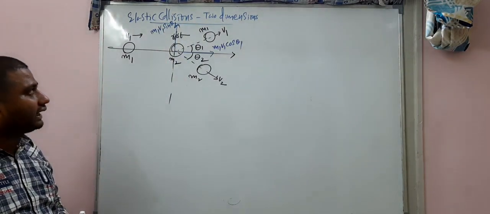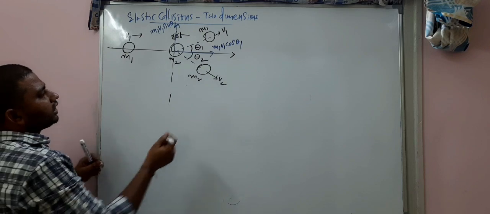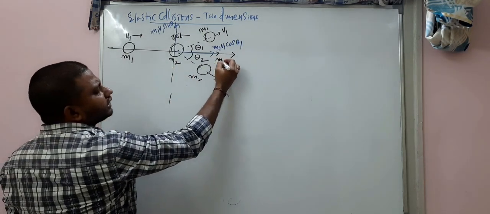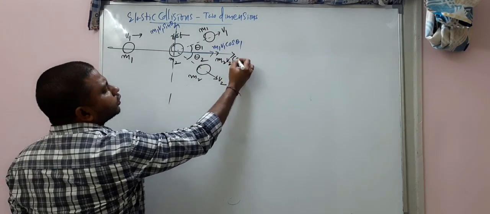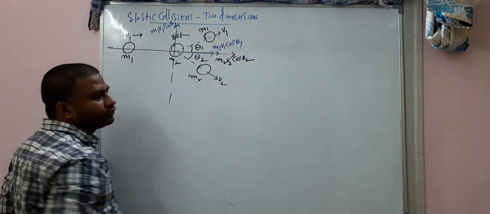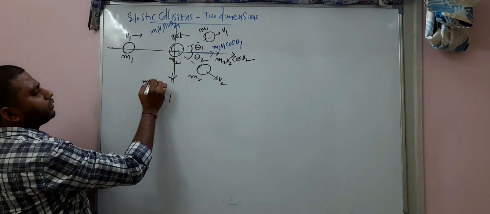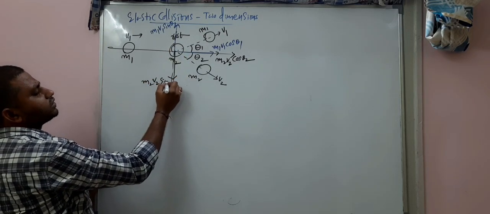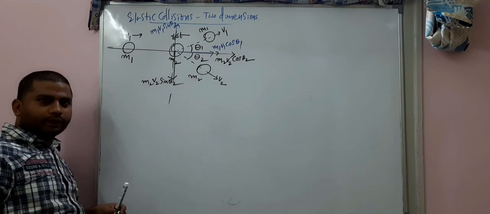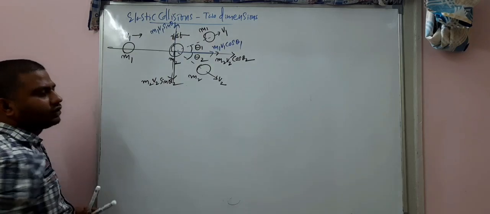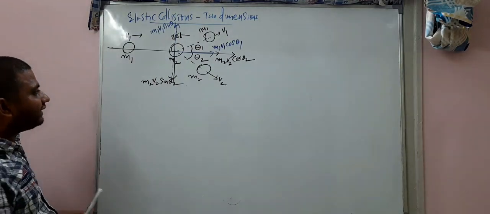Okay. Now, this m2 v2 also can be resolved into two components. So that is what I am writing: m2 v2 cos theta 2, and at the same time, on the other side, m2 v2 sin theta 2. Clear? So now what I am doing here is,